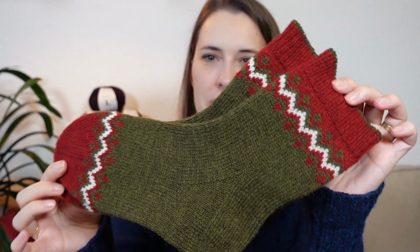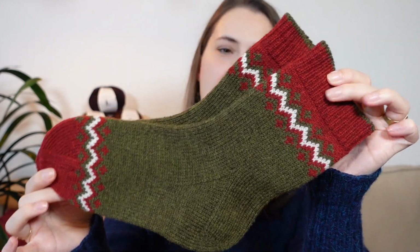So I can't decide which of these I like the most. I think it's also lovely to have like a festive, Christmassy version of these socks. And the pattern comes in 5 sizes, so you should be able to make a pair for all of your loved ones if you wanted to. They are knit on